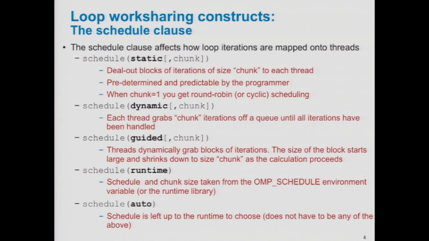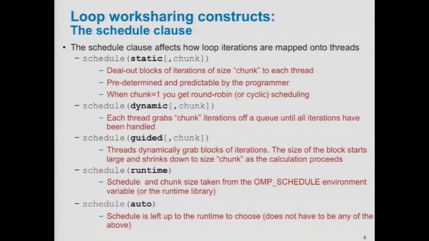So we have static, dynamic, guided, which is a specialized form of dynamic, runtime, which allows you to do some experimentation and basically some feedback-driven things, possibly even inside of your application, and then auto, which passes control back to the compiler and lets it do its best choice. So let's walk down these and talk a little bit more about why you might want to use them and